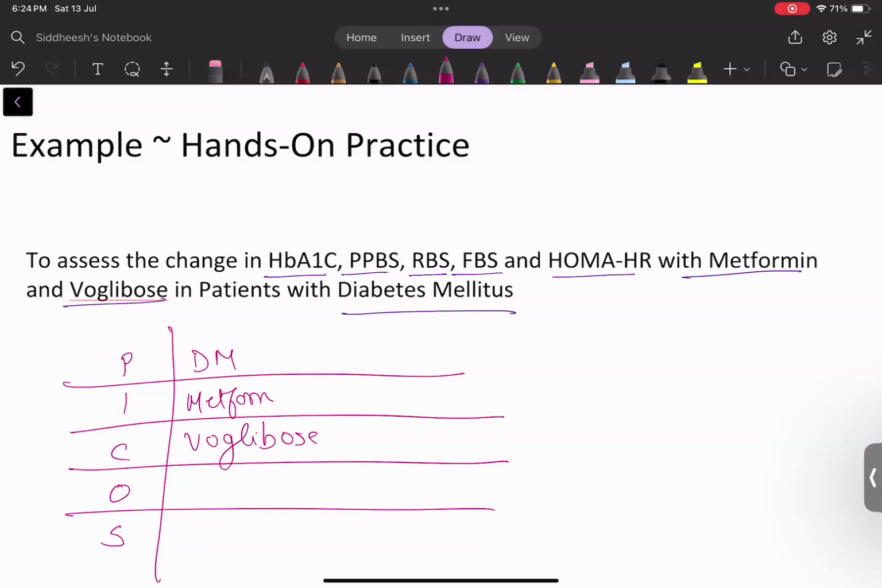What about the outcomes? Please be quick. Change in what? Parameters. Parameters like what? In the question we only have HbA1c, PPBS, RBS, FBS, HOMA-IR. Correct. So my outcome will be what? To assess the change in what? HbA1c, my RBS, FBS,